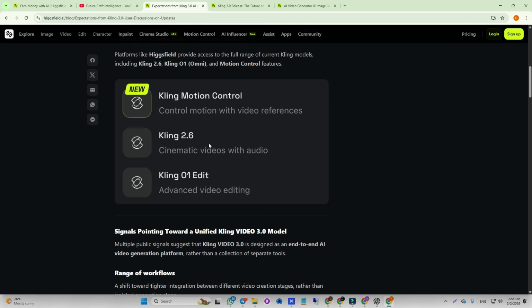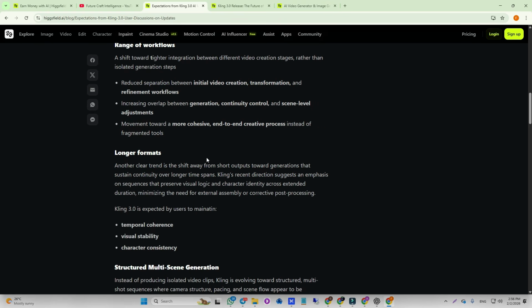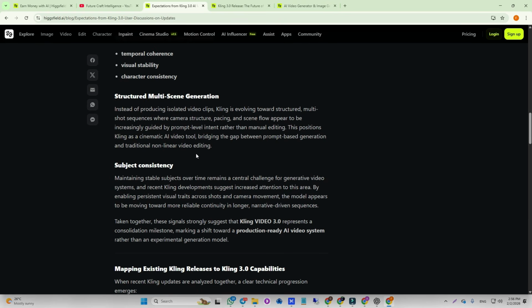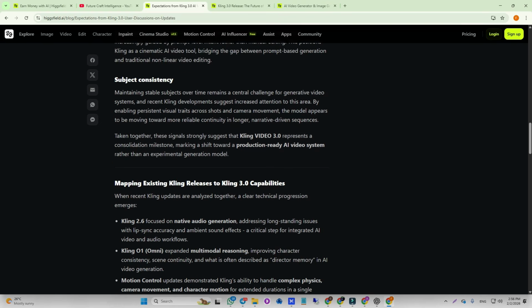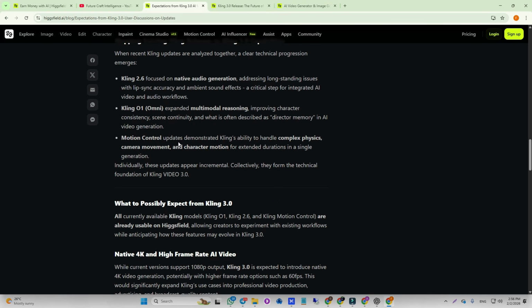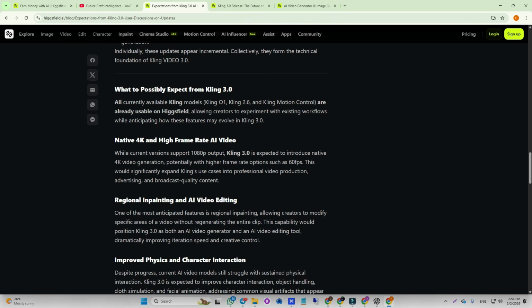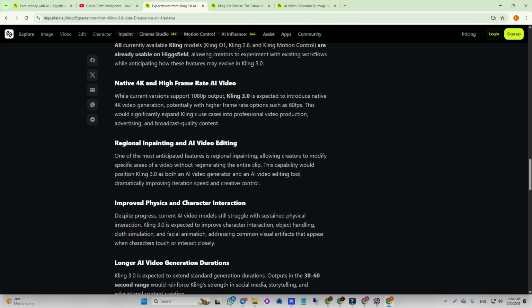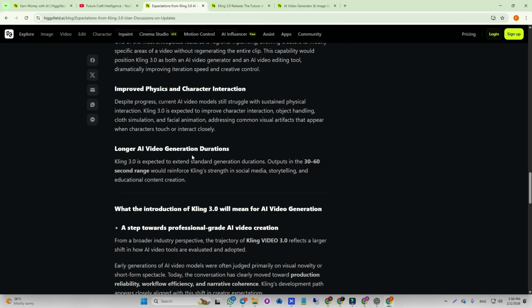After getting this update, we'll also create another video about it, and we'll review all these things: how to create a video using Kling 3.0, how to edit, how to add cinematic audio, and all these things we will review further. Again, you can see the workflows, longer formats, structure, multiple scene generations, subject consistency, Kling release capabilities, all these things here in this blog post. You can read all the articles and understand how it will work and how it will change the entire system